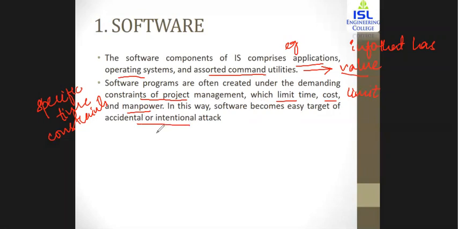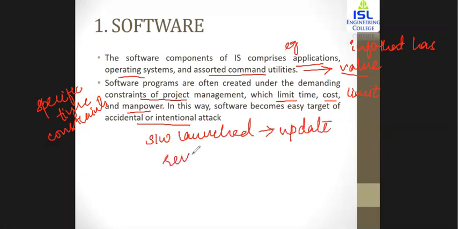Sometimes, when any type of software or any update is launched, the next day you get a review on this particular software. Now what does that review tell you? The review is going to tell you the different bugs within the software, or the different loopholes. You get to know the different drawbacks and the different weaknesses within the software. Now these weaknesses arise due to the time constraint, the cost constraint, and the manpower, because limited people are there, limited time is there.